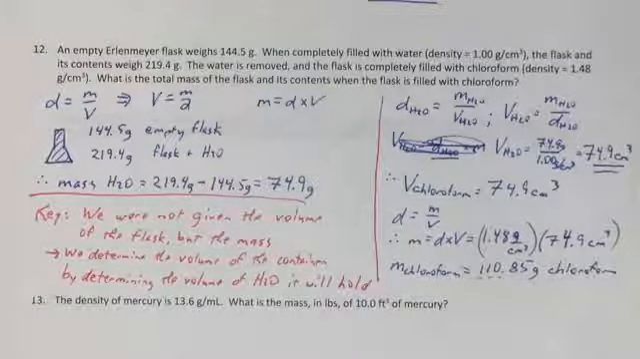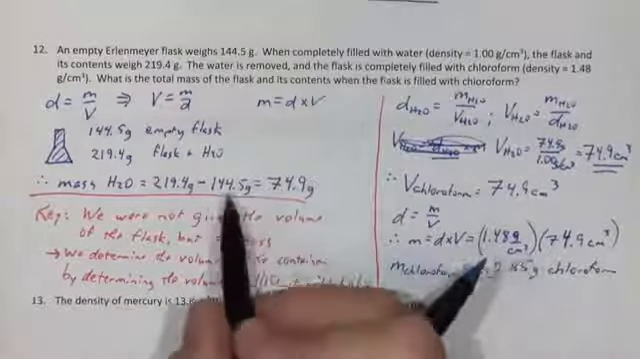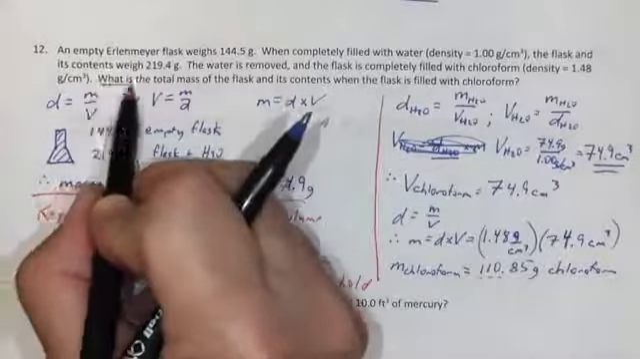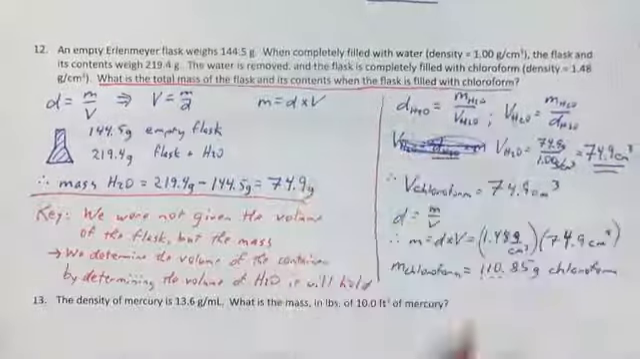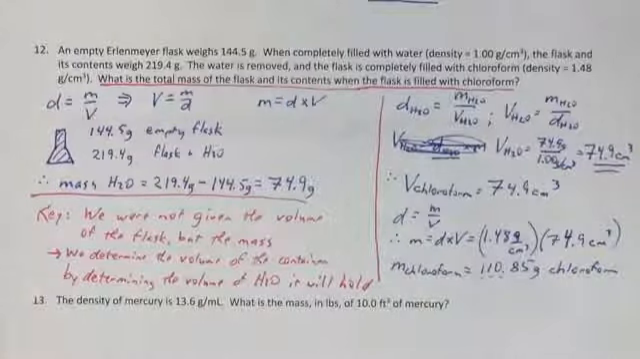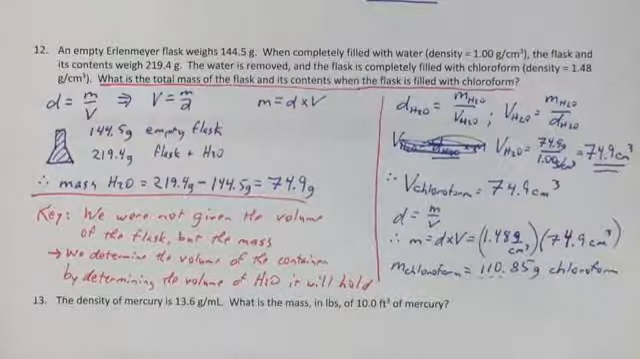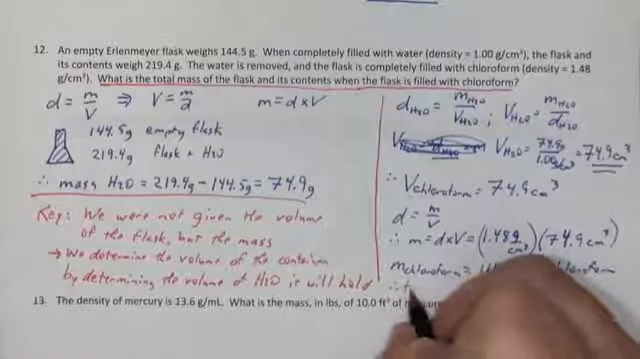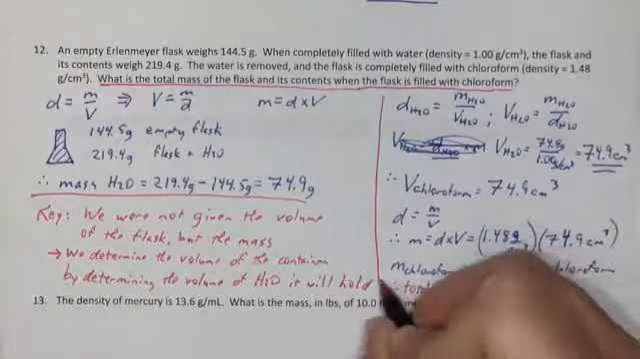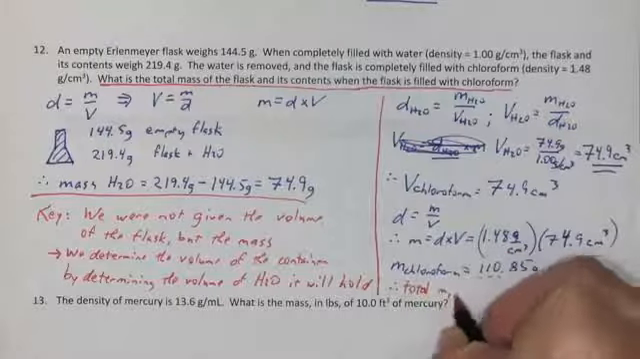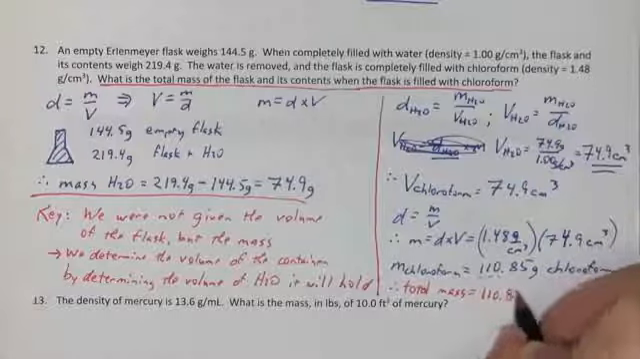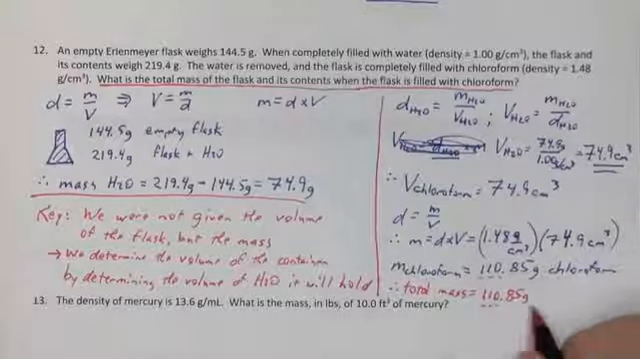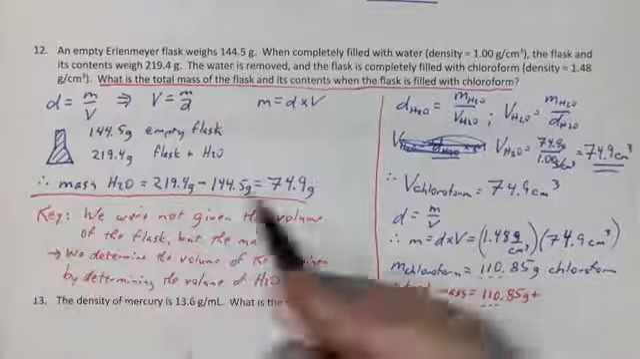Now, when you answer a question, always be sure you answer the question that was asked. The question says, what is the total mass of the flask and its contents when the flask is filled with chloroform? And so, therefore, the total mass is equal to the mass of the chloroform, 110.85 grams, and again this has 3 significant figures, plus the mass of the empty flask,